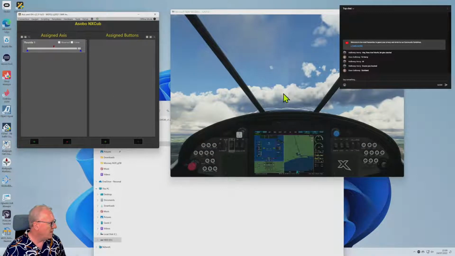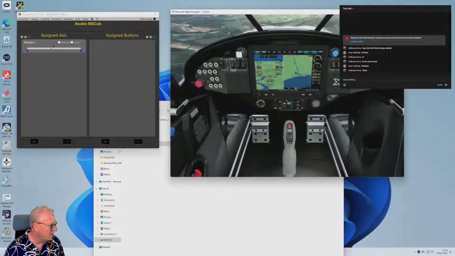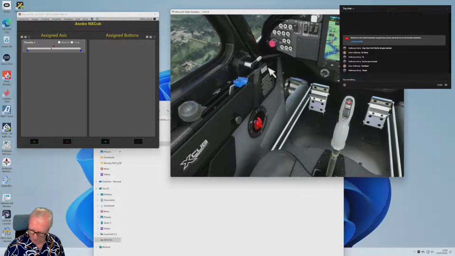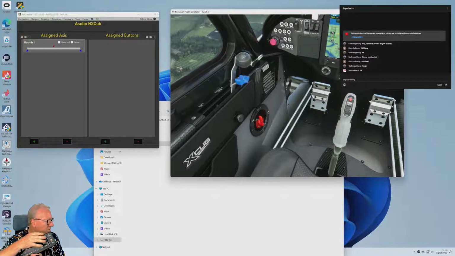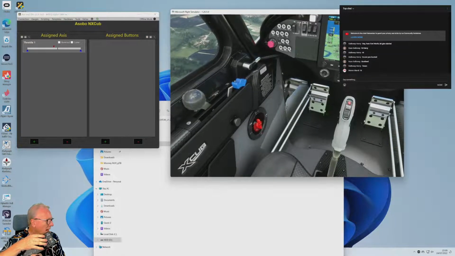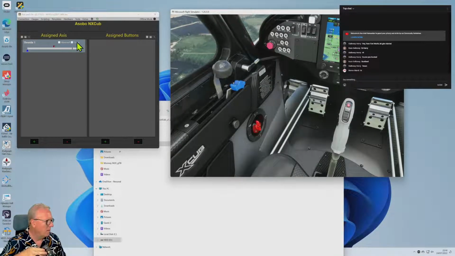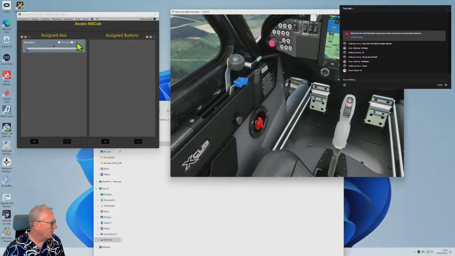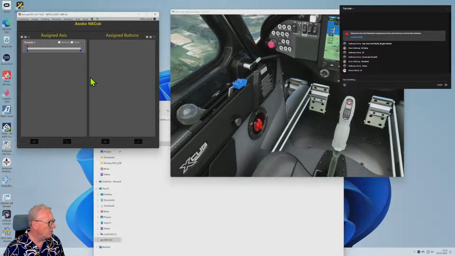Now this little red triangle at the top there, that is the effective lower limit. So let's take this off of pause. I'm not actually flying this. Where's the throttle? Oh, there we go. So you can see I move it up, bring this up, move it down, and it's gone to full 0 where that red triangle is. So all I have to do is click on it with my mouse, take it all the way to the left, and now it's going to do the full